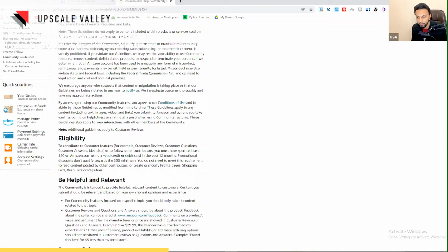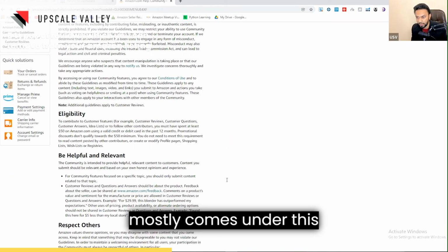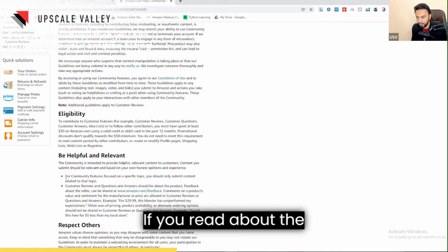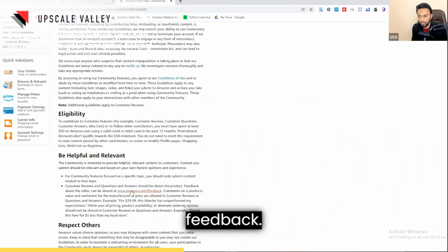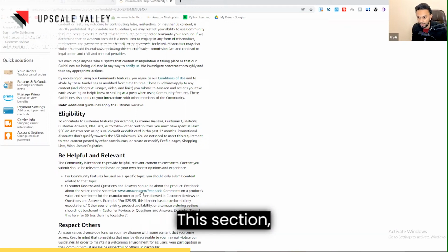These kinds of reviews mostly come under this section of the community guidelines, which is Be Helpful and Relevant. If you read the second bullet point, customer reviews and questions and answers should be about the product. Feedback about the seller can be shared as feedback, so that proves that such feedback is irrelevant. And then the point about comments on product value and sentiment, price: this section, if you read it in detail,